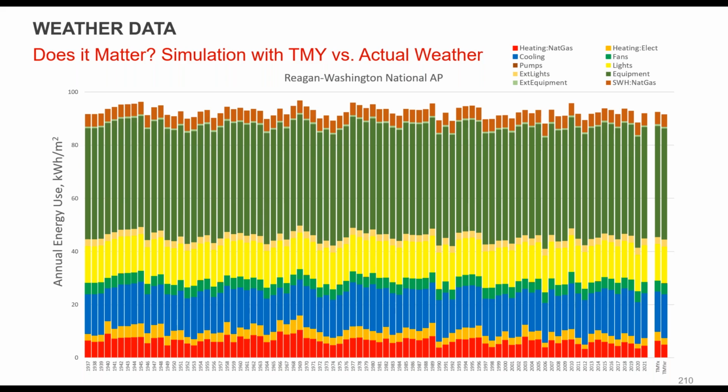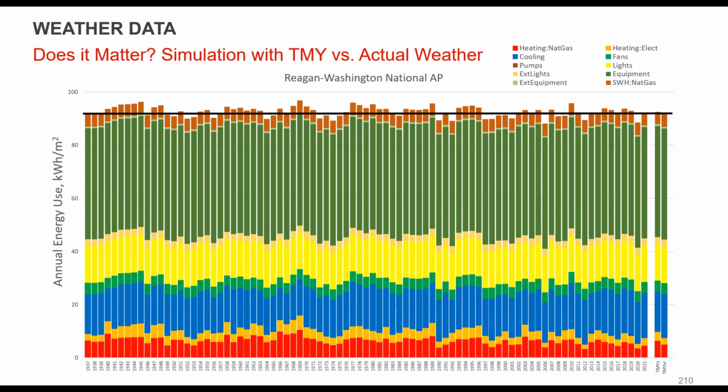There are many locations in Europe, but they have big gaps in the 40s and 50s post World War II. So you see some random variation there. This is actually a packaged unit, but I think it's a constant speed fan, so we're not getting a lot of variation there. But if I drew a line through the TMY, which are the two on the right, that shows that it's doing what it's supposed to. It's about in the mid range.